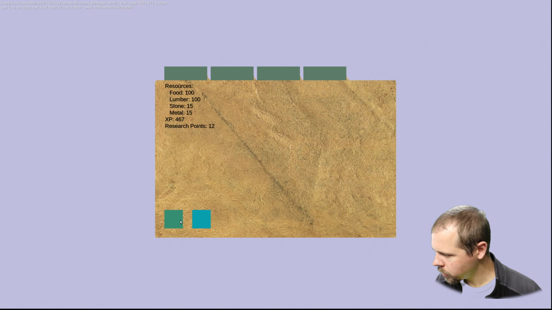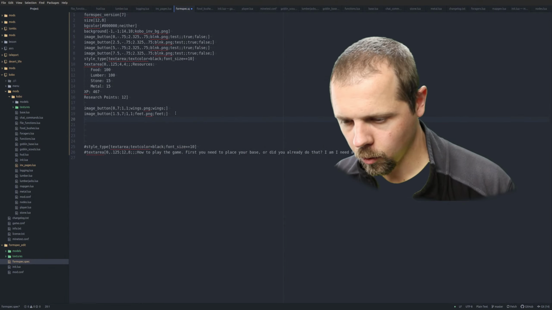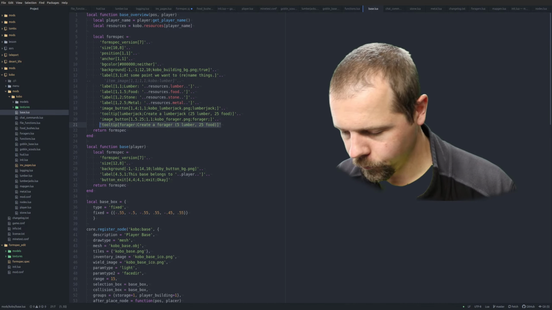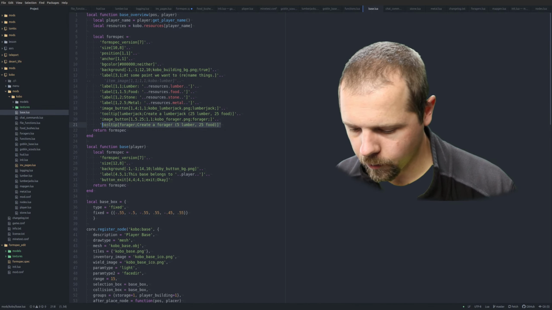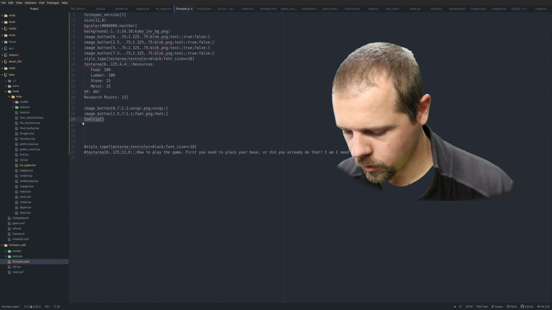Would probably be good to put some tooltips in. So let's go ahead and do a tooltip right away. And I know I have a tooltip in the base for when you're crafting things, so we're just going to go ahead. Again, because why ever type anything out from scratch when you can just copy and paste? Okay, so that tooltip's for Forager. Well, we want this tooltip to show on the wings button. And we will just change this to say,